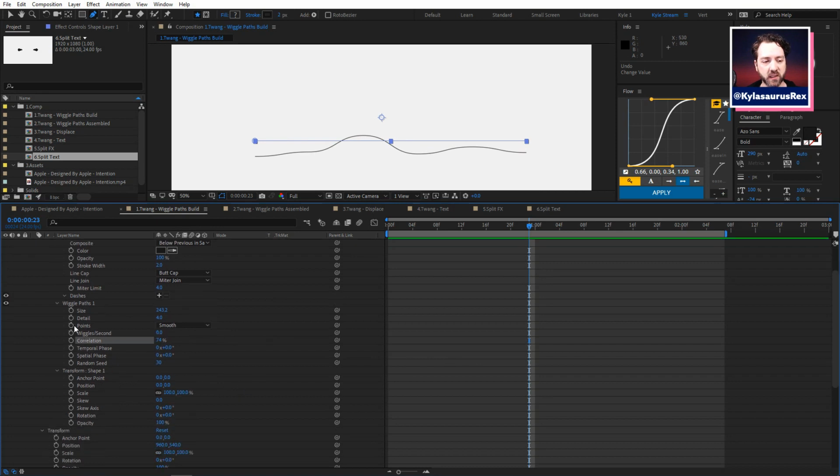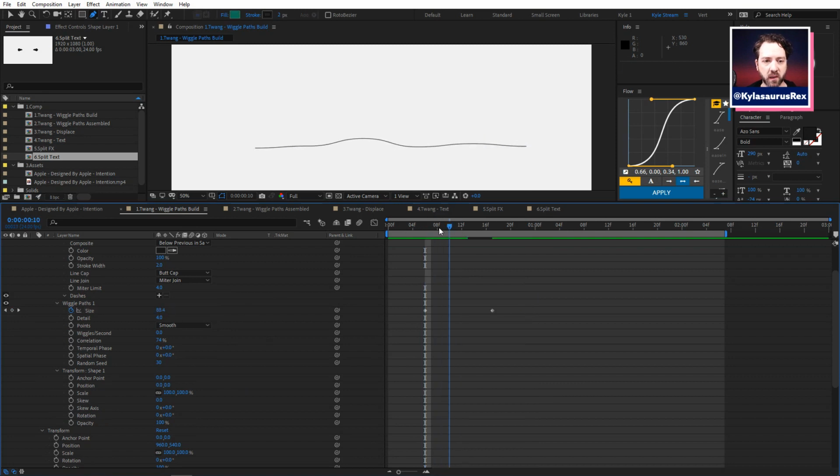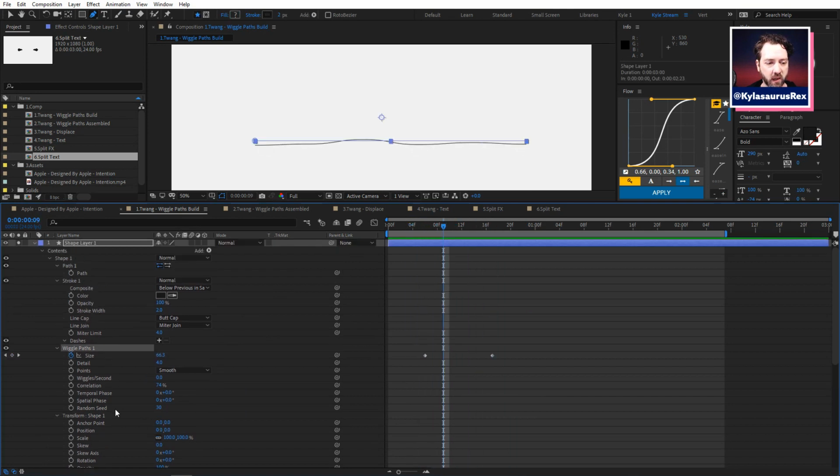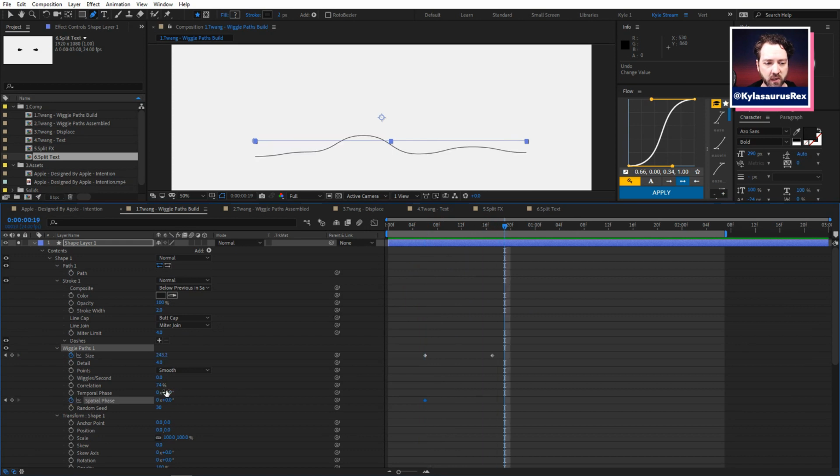So what I did is I keyframed the size property from 0 to something. That's like when it twangs, it goes bing, and you get a little bit of that, right? Oh, this spatial phase, just to give it some movement as it goes. So we'll do that real quick too. And I just finesse these keyframes until I was happy with them, right?